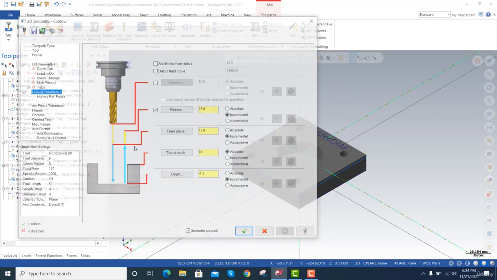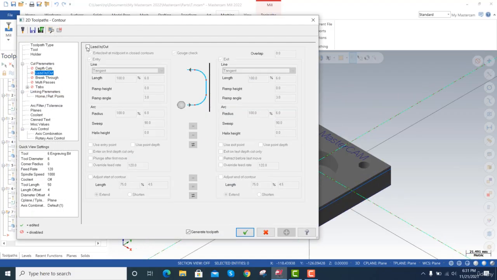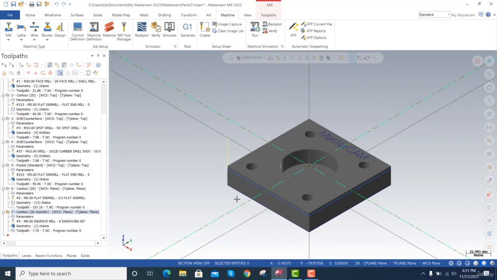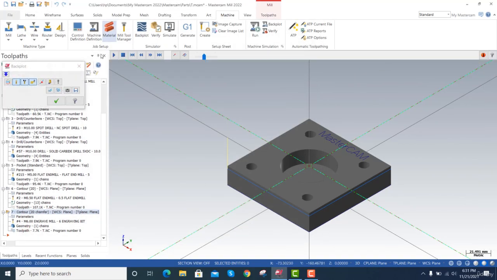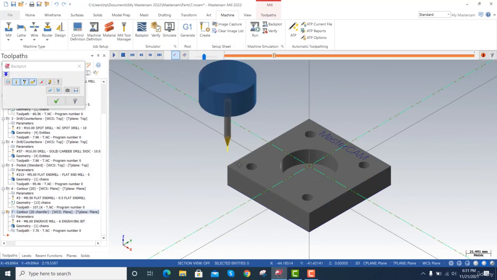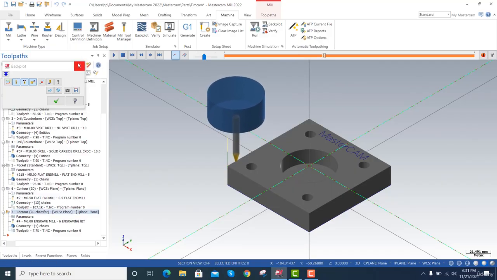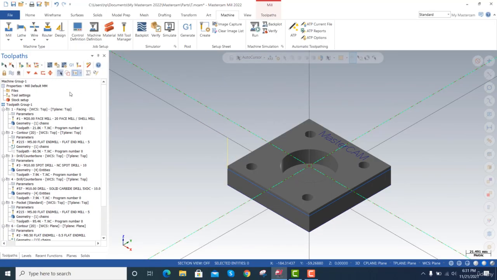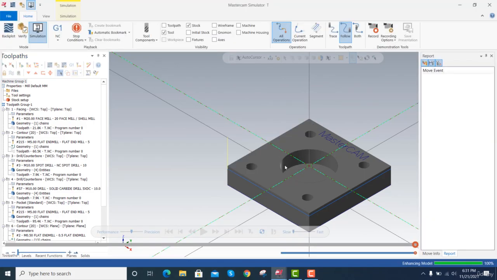So I will go to parameter and disable this lead in lead out. Okay, and then if I check it here, you can see the tool starting from this one. Let's check it in simulation. So go to simulate,